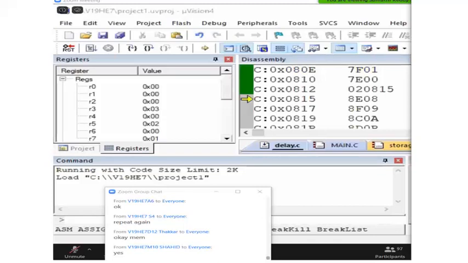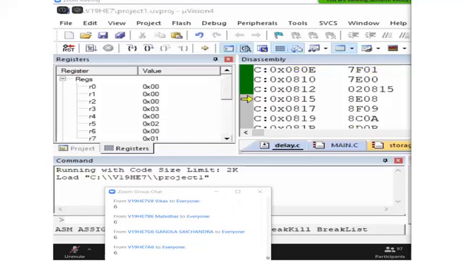So in this way, if a question is like this, how many maximum short integer arguments can be passed through the CPU registers? 3, very good. How many maximum character arguments can be passed through the CPU registers? 6, yes.